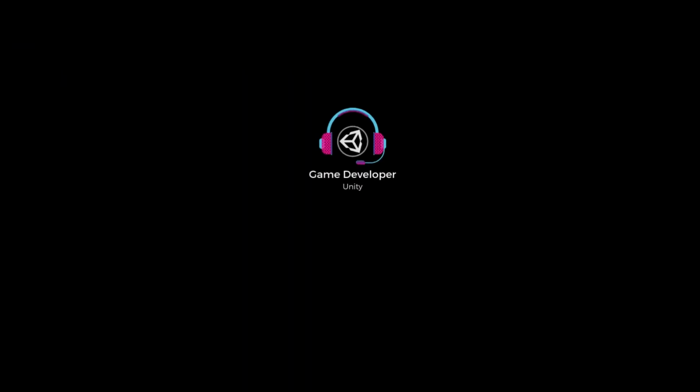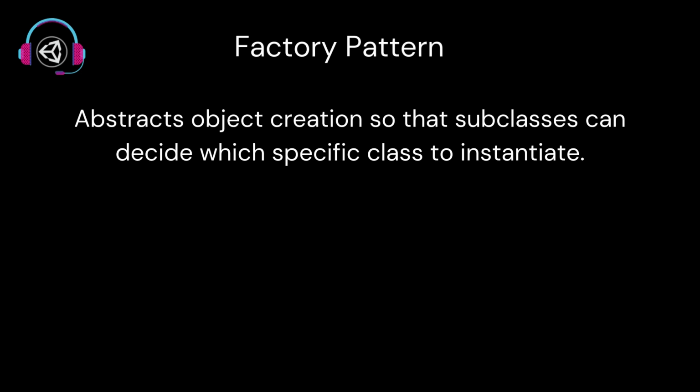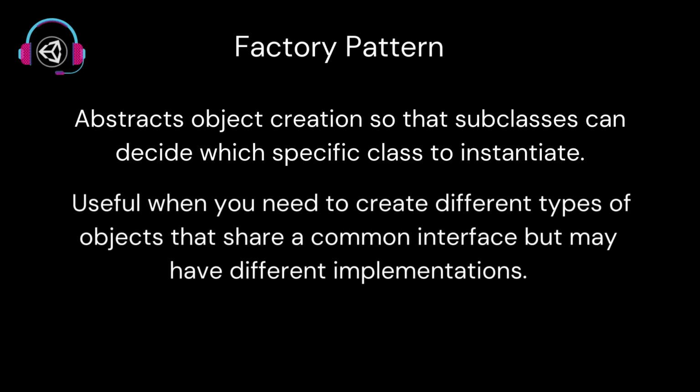Now, let's dive into the factory pattern. This pattern is a creational pattern, which means it helps with the creation of objects. The factory pattern abstracts object creation so that subclasses can decide which specific class to instantiate. It's incredibly useful when you need to create different types of objects that share a common interface but may have